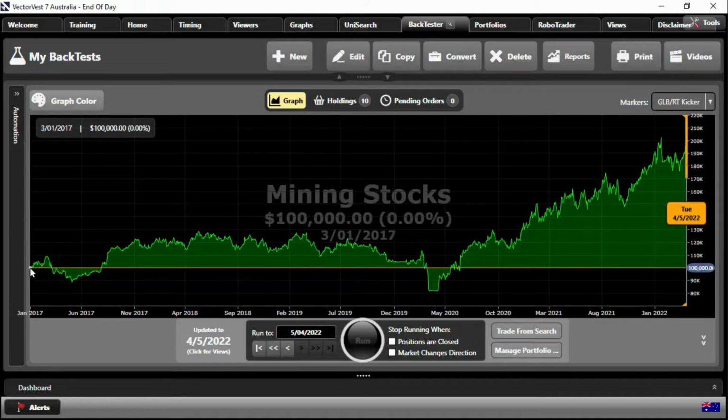Based on the backtesting, it started at 100,000 and did quite well to begin with. It went up 25-odd%, to around 125,000 in April, May of 2018. But then it started to slide away, with the fears of coronavirus and talk of less demand for mining commodities and all that type of thing. And then things really started to turn around. Around May, June of 2020, those mining stocks really started to rocket up.